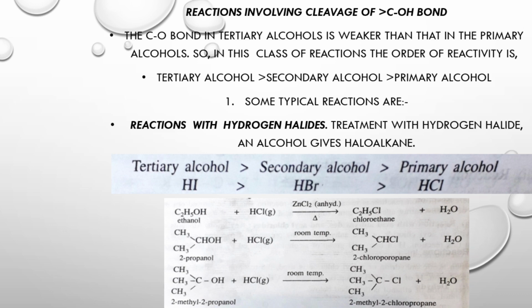Here the cleavage of the hydroxyl group, that is the OH group, and bonding with chlorine takes place, and the mechanism we will discuss later very clearly. And here the tertiary alcohol, 2-methyl-2-propanol, on treating with HCl gas at room temperature gives 2-chloro-2-methylpropane plus water. On treating an alcohol with hydrogen iodide in the presence of red phosphorus,